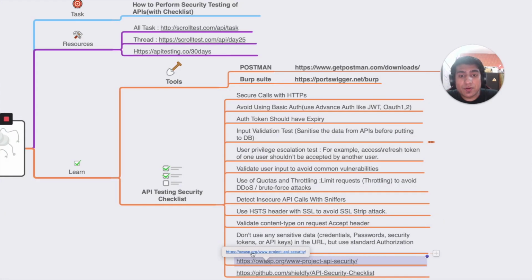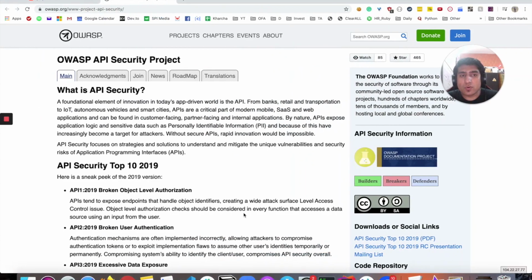So let me open this OWASP link. In this paragraph, they have given some of the major important points about API security, right? If you are already a security engineer, you already know about that. OWASP provides lots of resources as well as tools about security, right?